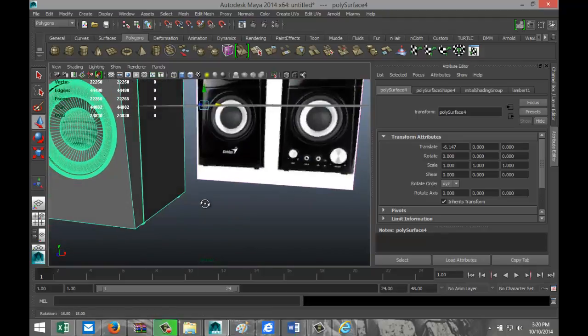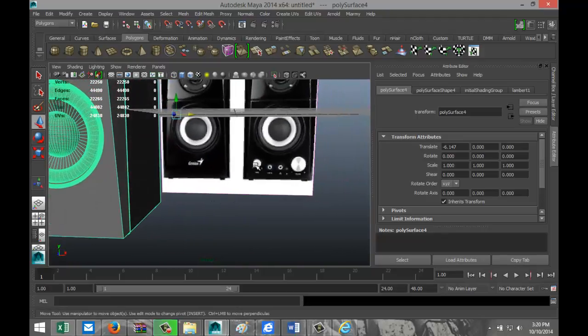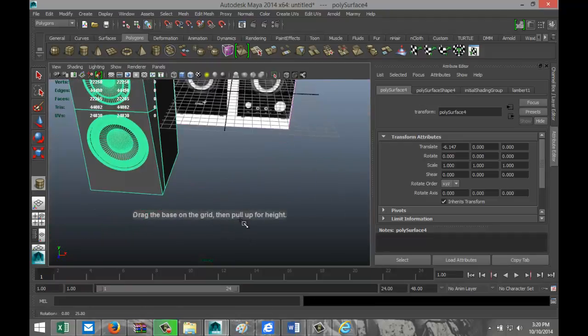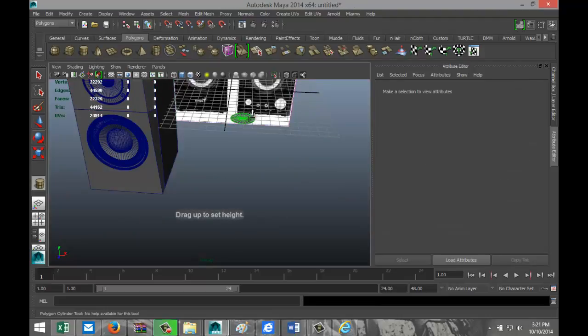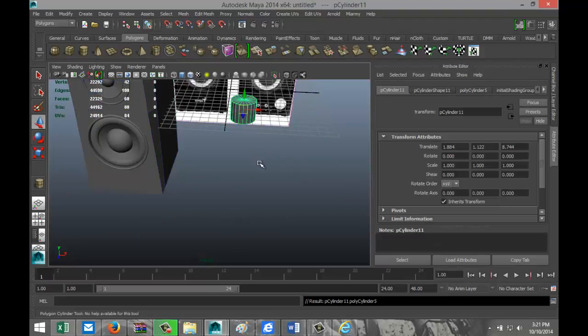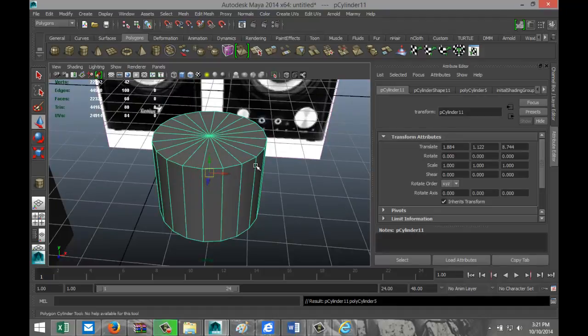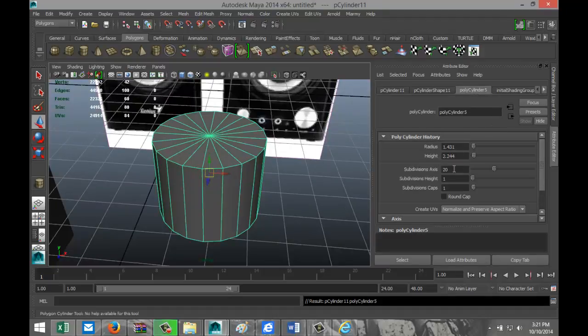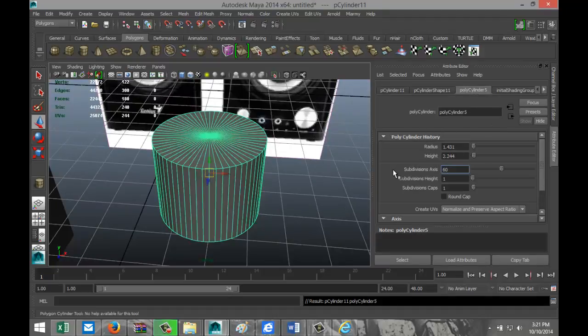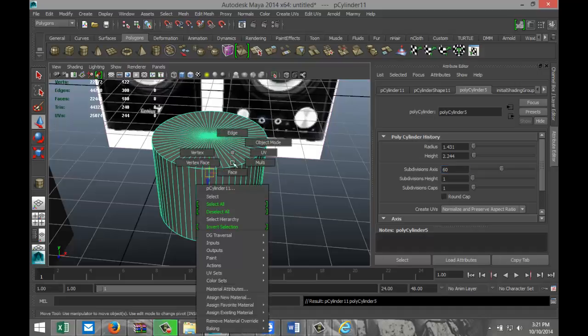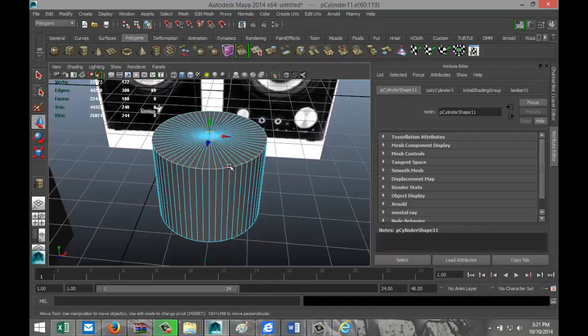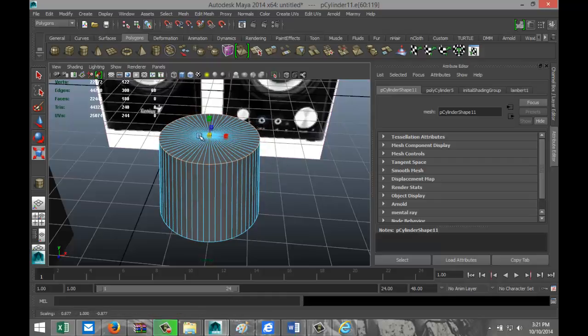Okay, so we're going to start off with the one on the left. And for that, we're going to create a polygon. Where's my grid here? A polygon cylinder. Pull that up. Hit F to zoom in. Add subdivision, let's say 60. Right click, edge, double click on that, hit R and pull that in. Actually that looks fairly straight,